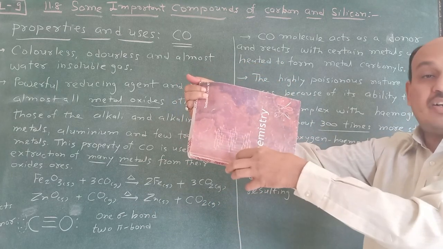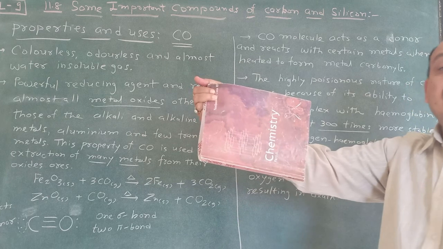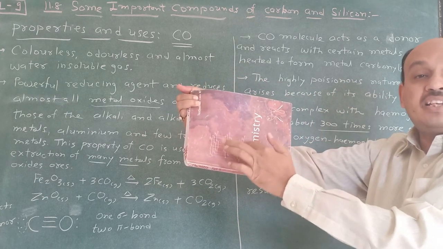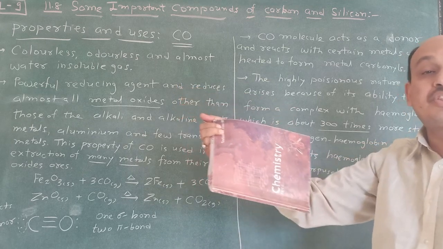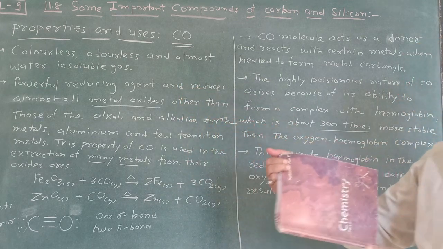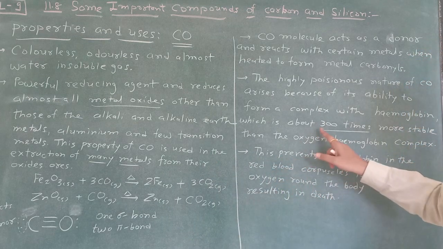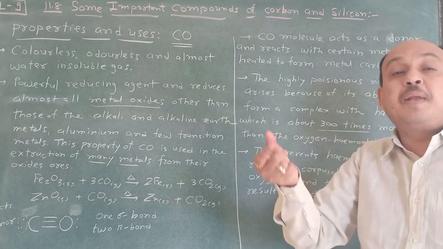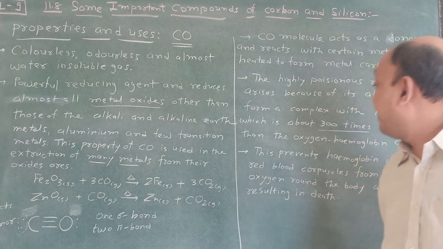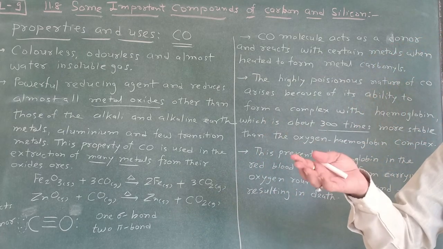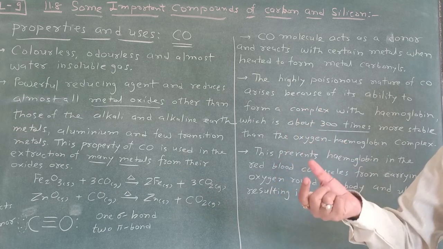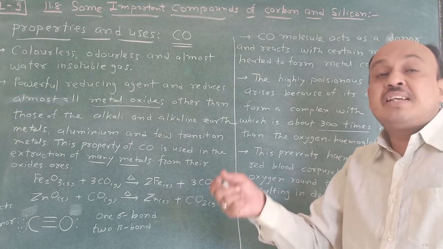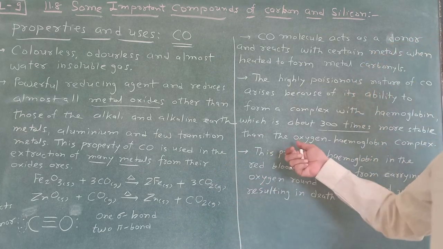When inhalation happens, oxygen is taken in, then carbon dioxide is released. But suppose this Fe is directly bonded with carbon monoxide, it becomes a stronger bond, and that's why stability is 300 times more, and that's why dioxygen does not bind again. Due to that, carbon monoxide is very dangerous, and the balance of oxygen and carbon dioxide is not created,